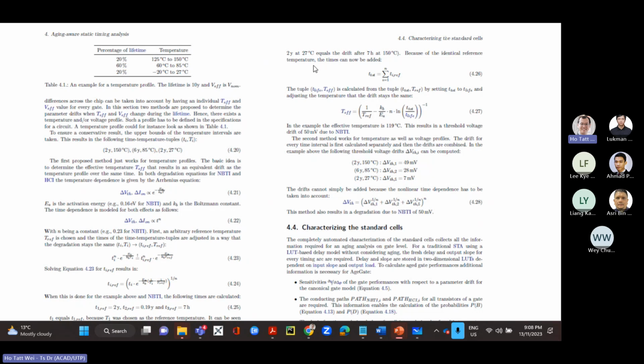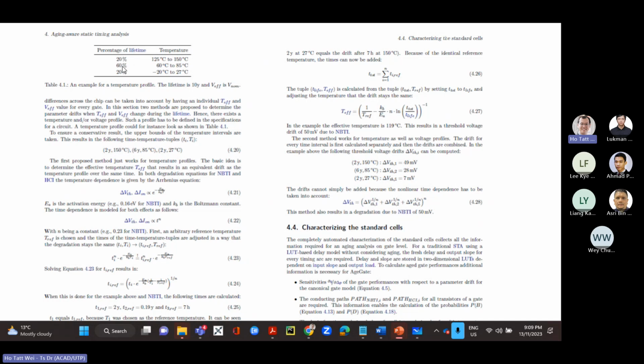Okay. All right, and then here, you won't be tested on this, but this is just to show you some working from the thesis again, where they look at combining the effects. Let's say you're able to model that your circuit is operating between 125 to 150 degrees for a certain percentage of its lifespan, and then within this range for another percentage, and within this temperature range for another percentage. So this is where sometimes you have your circuit shut down, for example. If it's shut down, it's probably going to be around this temperature, 27 degrees, 25 degrees. Then if it's idling at a certain steady state value, maybe it'll be somewhere in this range. And then this range is when it's actively switching.